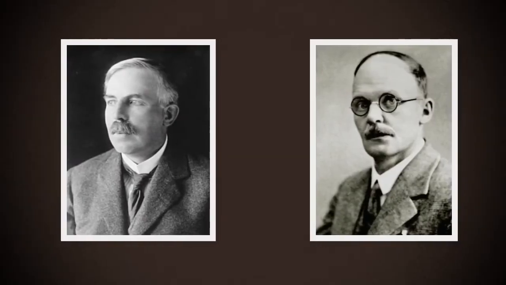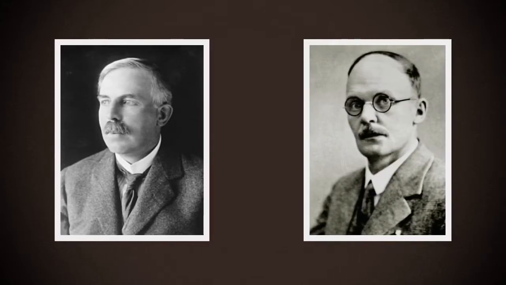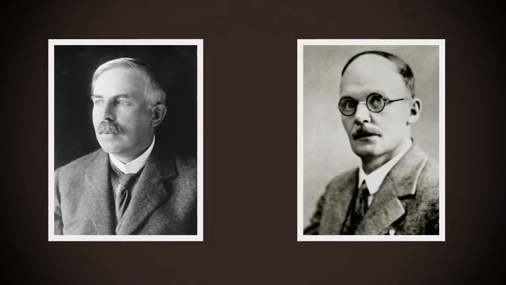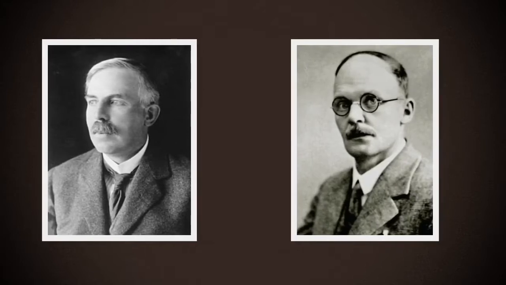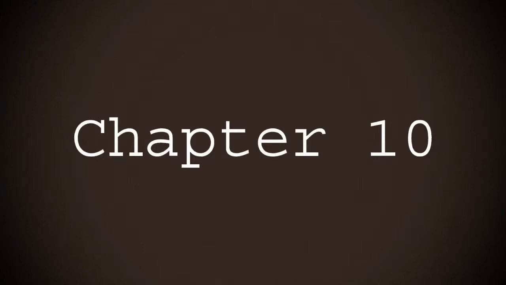Ernest Rutherford on the left and Hans Geiger on the right did an experiment with ionized helium that taught them a little bit about the structure of the atom. Some of the atoms bounced back, but it wasn't supposed to happen, like a bullet shooting a paper, but bouncing back. The Heisenberg uncertainty principle was uncertain because we can't know for sure the path the electron takes as it moves through space.